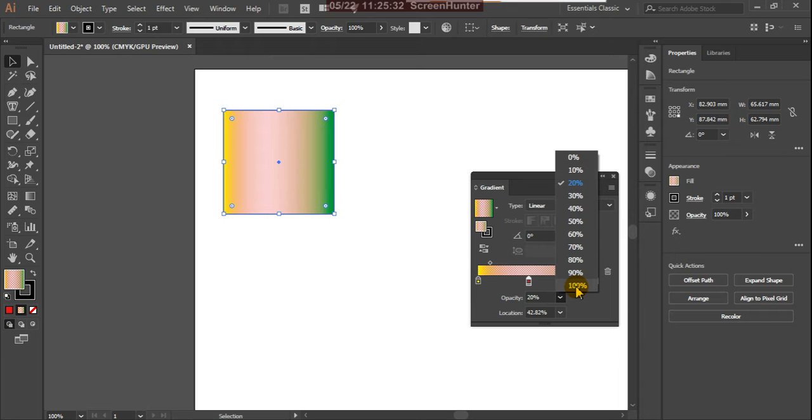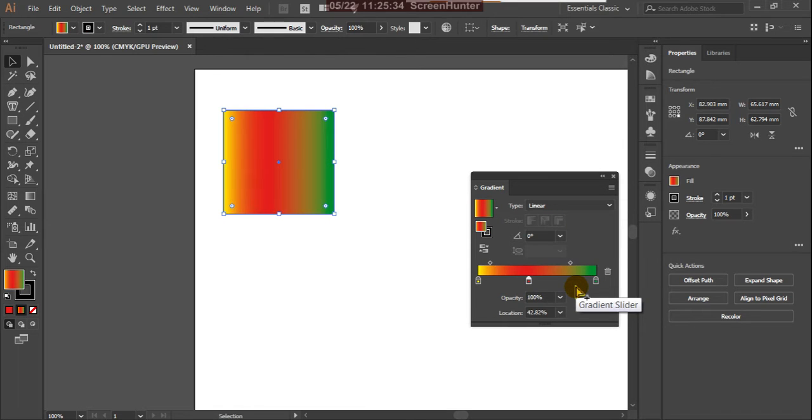For the time being I'm using 100. And here the location: see the color location, it is 70% only, and here it is 30% this side. And here it is 90% this side. And 50% means exactly that center.